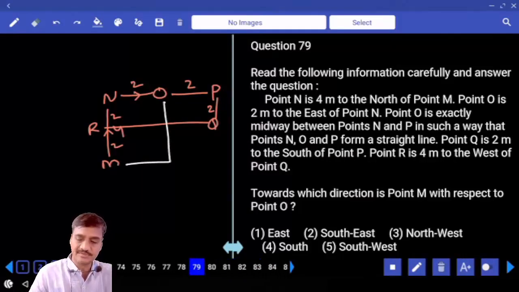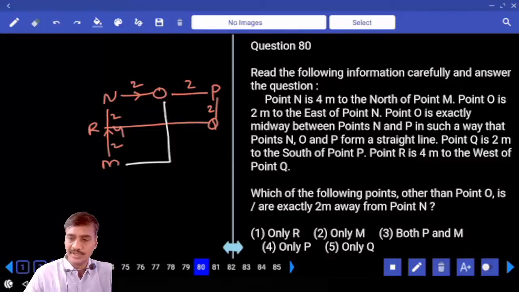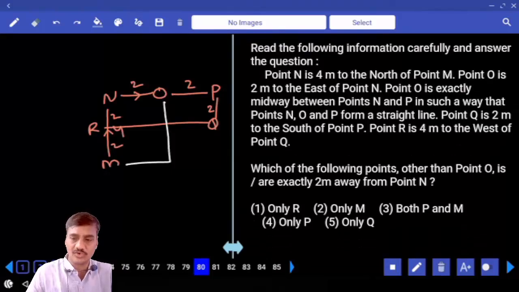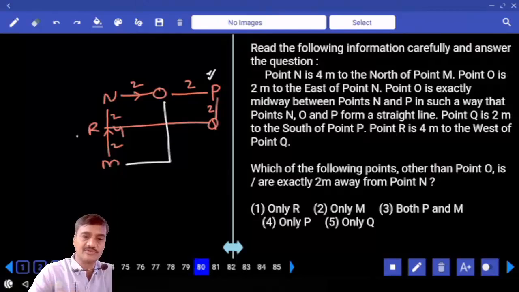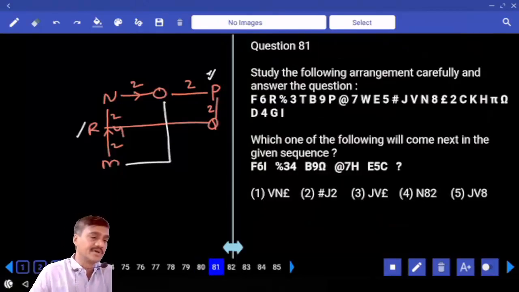Then question number 80. Which of the following points other than O is exactly 2 meters away from N? O is 2 meters away from N. Other than O, what is 2 meters away from N? R. R, that is choice 180. And 81 onwards,